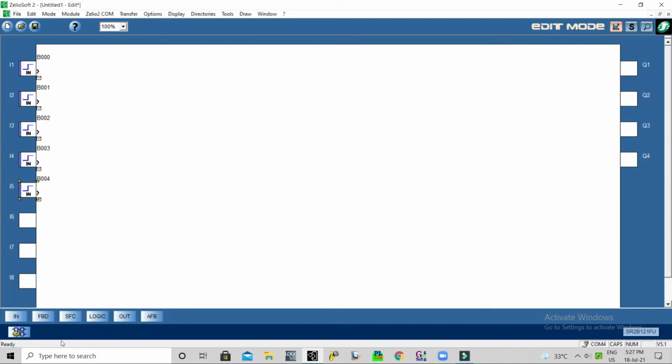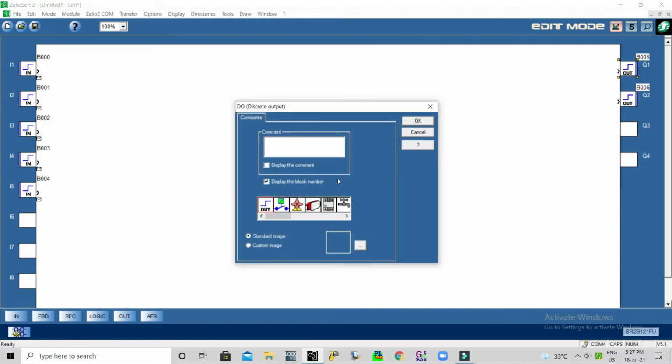Okay, so we have two outputs, forward and reverse.